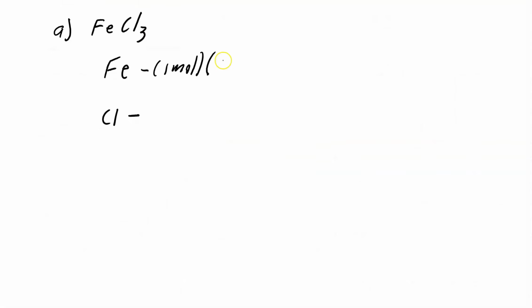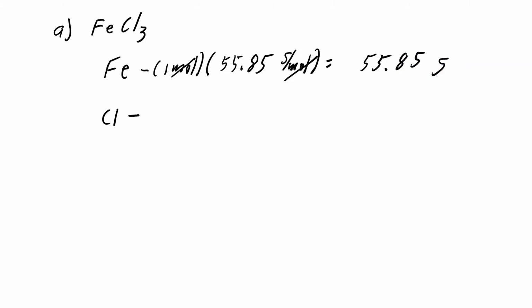So let's multiply it by 55.85 grams per mole. And that's going to give us grams in 1 mole. And that's, of course, going to be 55.85 grams. For chlorine, we have a subscript 3, which means we have 3 moles of chlorine in every 1 mole